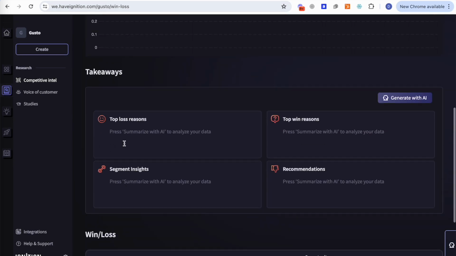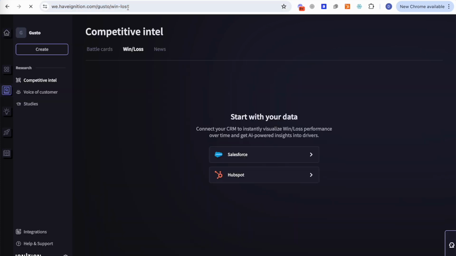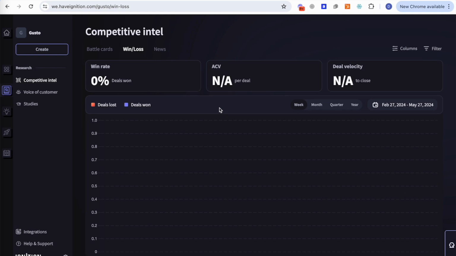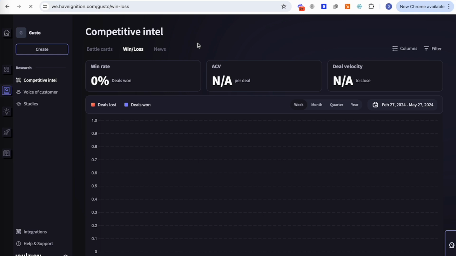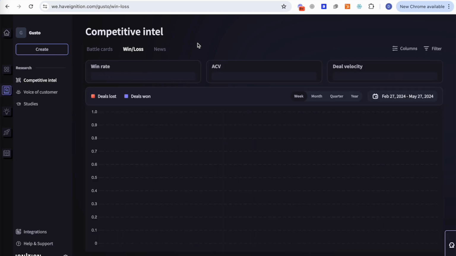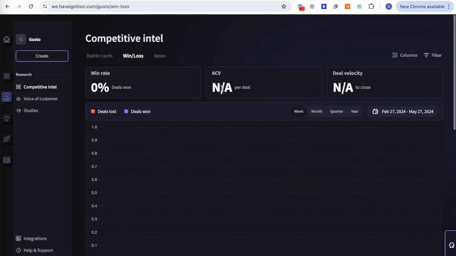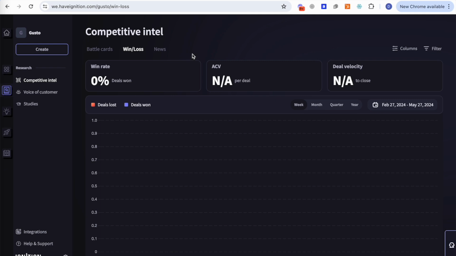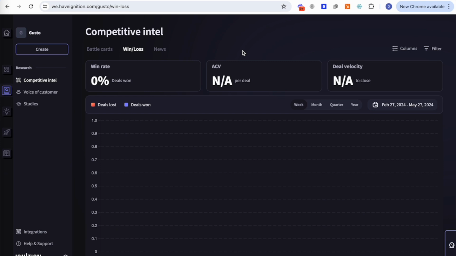So we're pulling all this data in. You're getting all of your deals, and then also the data on your win rate, ACV, and deal velocity. So if I refresh this, again, it's going to take a minute for this to pull in. I may have selected the wrong fields here, and if I did, then it's not going to show anything. But we'll give it a second. Looks like it may not work, but basically what you're going to get on the other side of this is